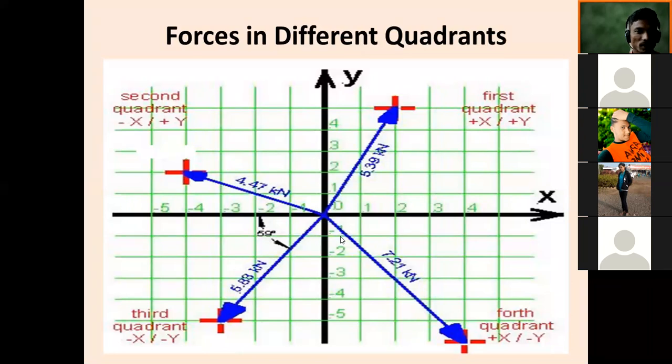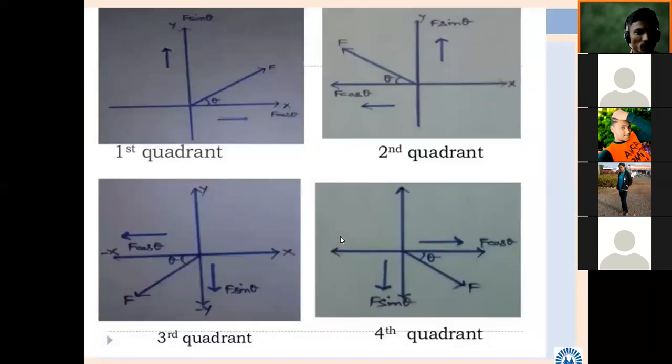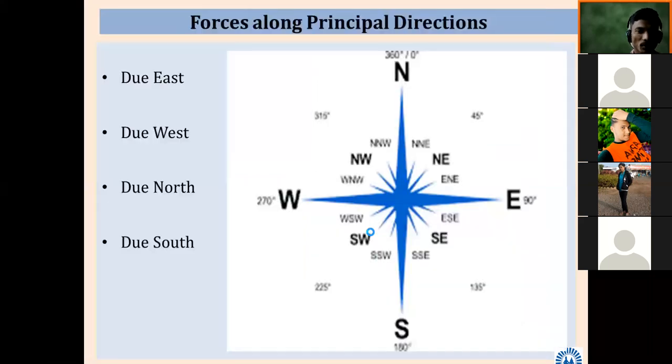Likewise, we have seen one more diagram in which some forces are shown, nothing else new in this. There are two methods to show the force: one is by arrow and another is by sign. Either you can use a plus or minus sign to show force, which will tell the direction, or you can use an arrow. We are going to see how to solve the problem with this convention.